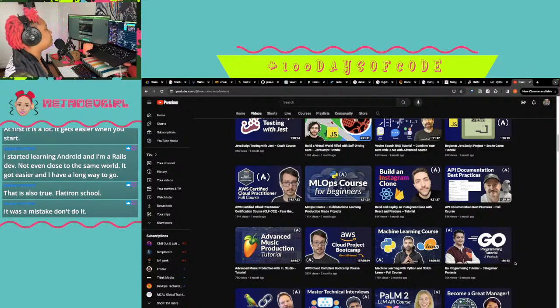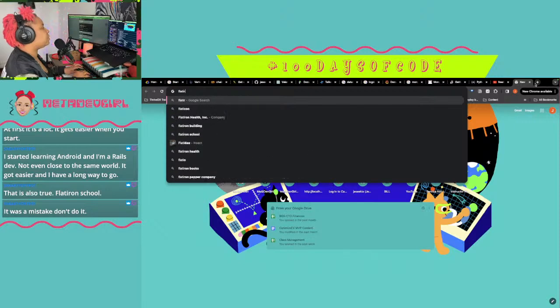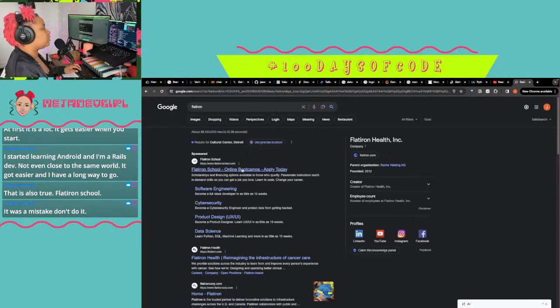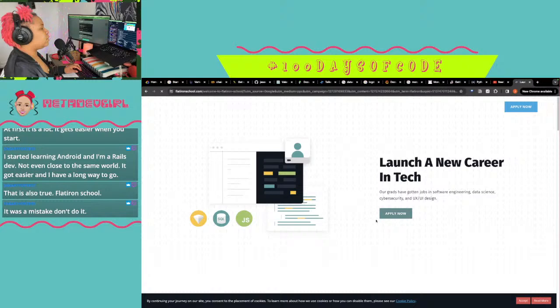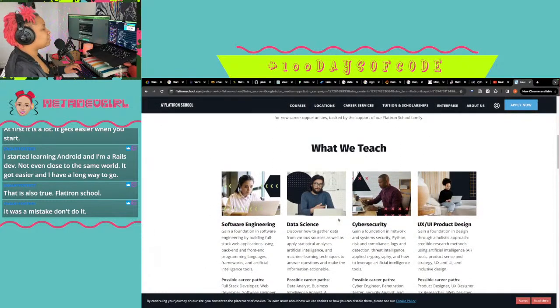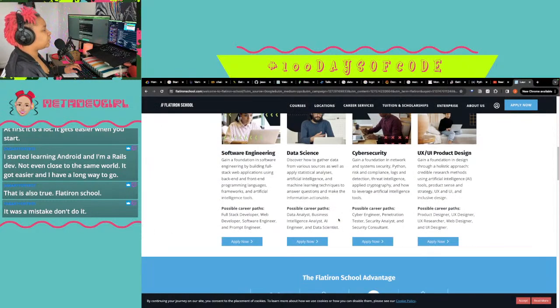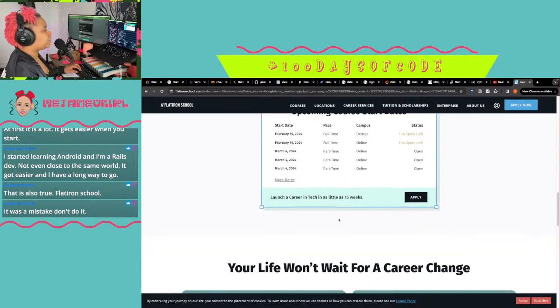Flatiron. I know of Flatiron. They tried to open here in Detroit. It didn't work out for them. A lot of boot camps are really not that good, honestly, and that's the sad part.